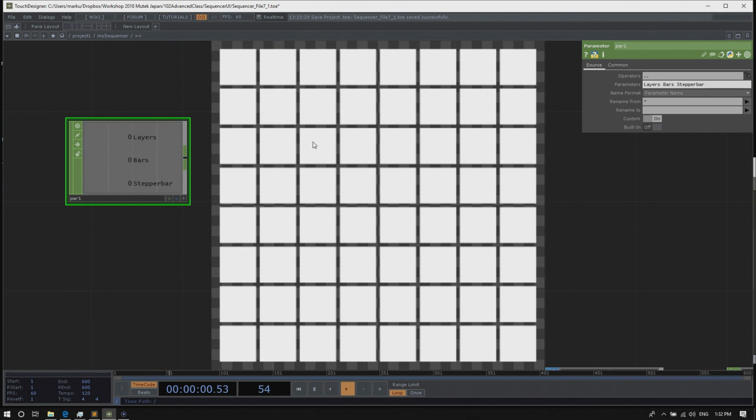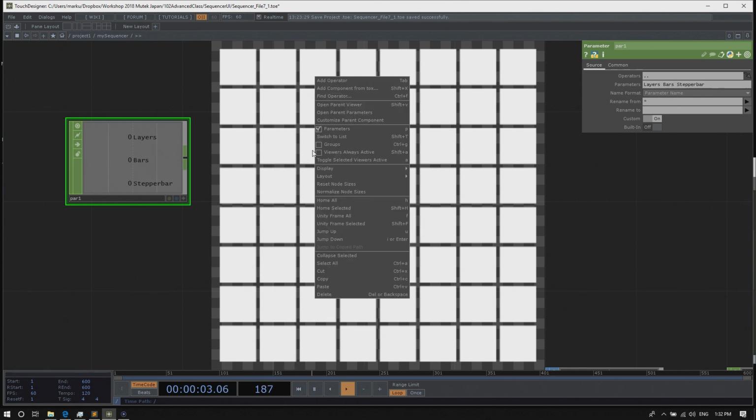And to set up our grid as it is right now and fill in the parameters with regular numbers, let's open up the parent parameters again.